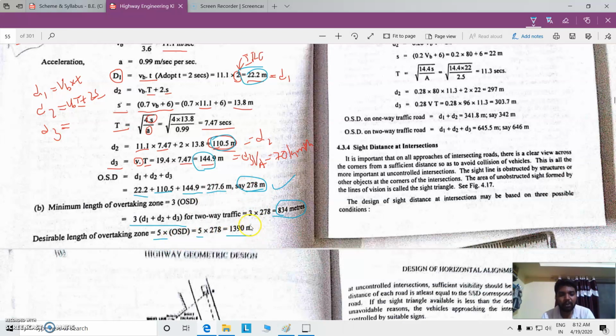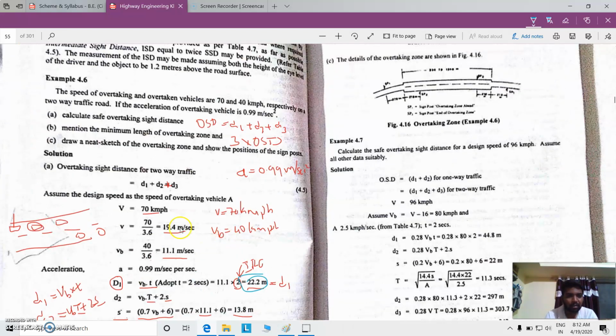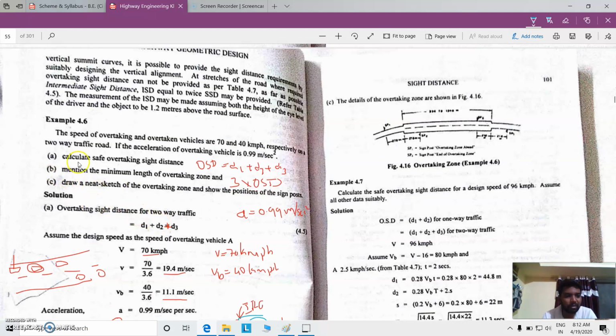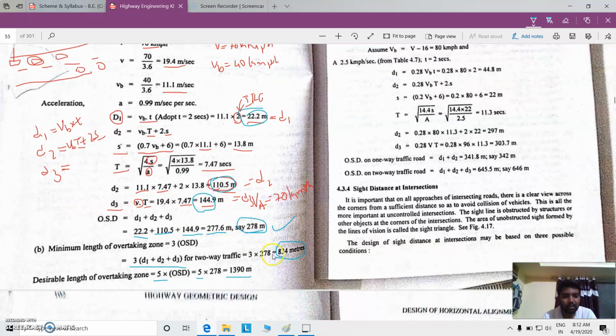And the total will be 1.390 kilometers. After all this calculation, we have completed the calculation of the overtaking sight distance as 278 meters,